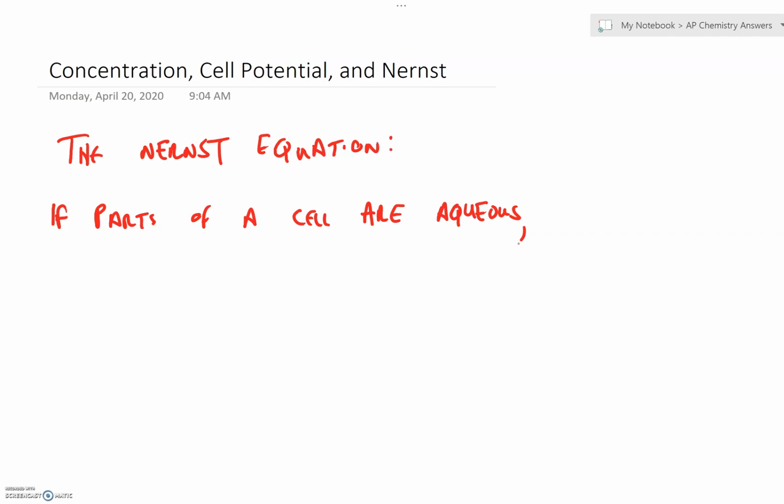We have a solid electrode. The anode undergoes oxidation. It loses electrons. That's the source of electrons, and produces an ion that's in solution. So if parts of a cell are aqueous, the question we want to ask is how does concentration